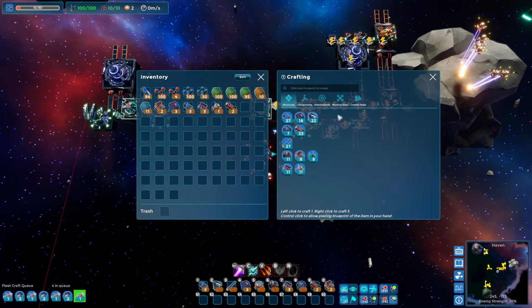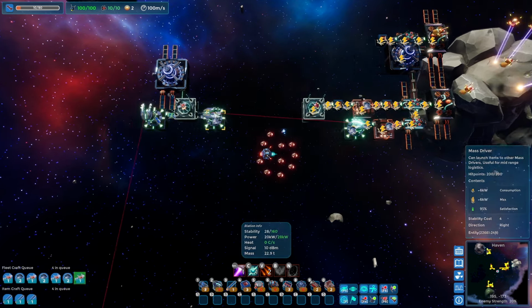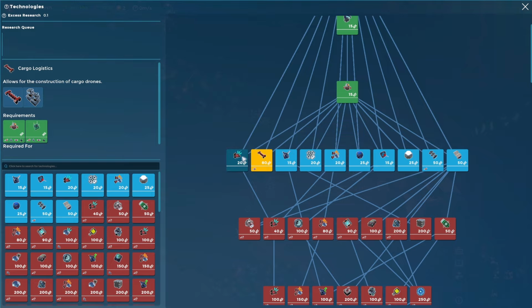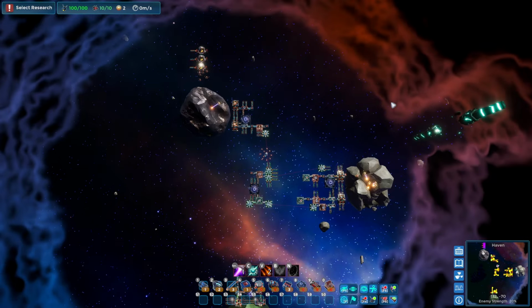That was quick. We've run out of power, but we are producing them now. Would you look at that? Oh, that makes so much sense. We need to expand our fleet size first and foremost so that we can start to expand and explore this